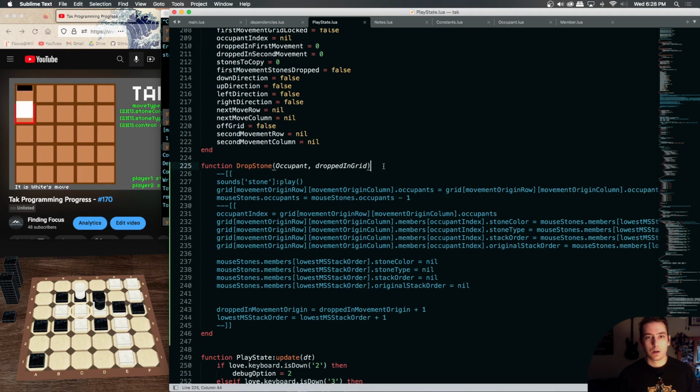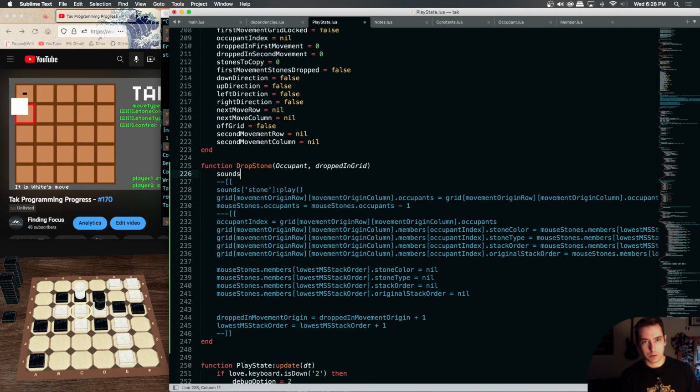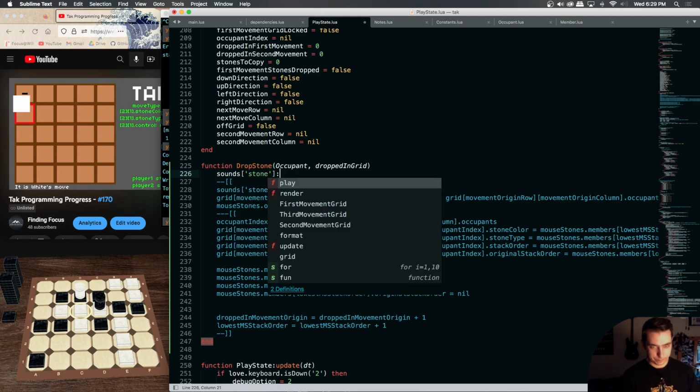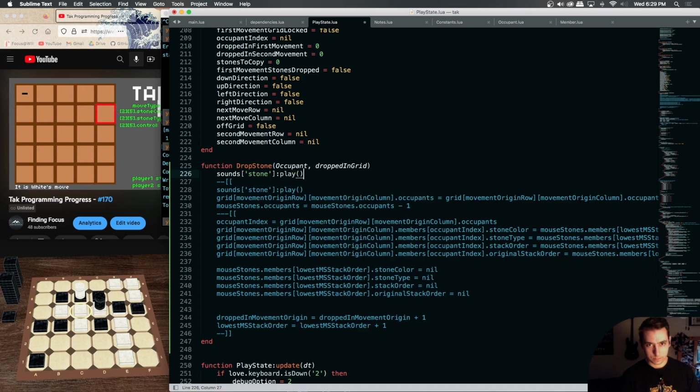So the first thing we want to do in our DropStone function is play the DropStone sound, because a stone will have dropped. And we hide this function call in the space that we have all of this code, so that we are still only calling this if our mouse occupants is greater than 1. Oh, and you know what? That's the only other difference is our movement stone 1. The first time, once we select movement origin,